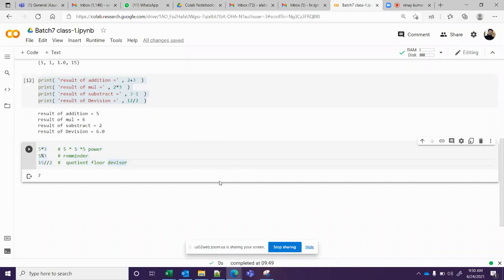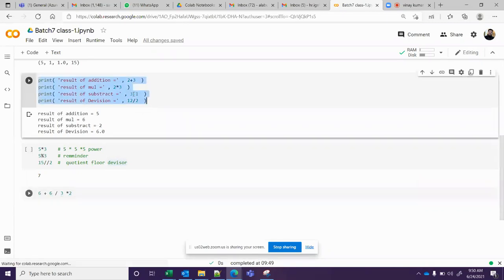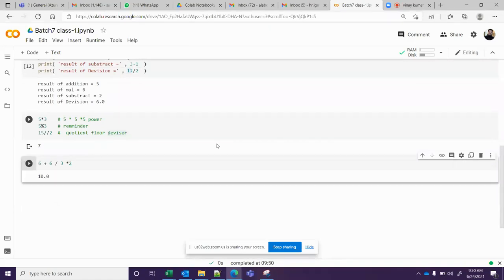You have to do this assignment the same way. You need to construct your operator expressions. When you have an expression having multiple operators, go very slowly. Don't worry. People might already know these concepts, but you need to wait until other people also come along. So what do we have here? We have multiple operators. In the previous example we had only one operator. Now we have multiple operators. Then how is this going to be solved? What is the way to solve it?